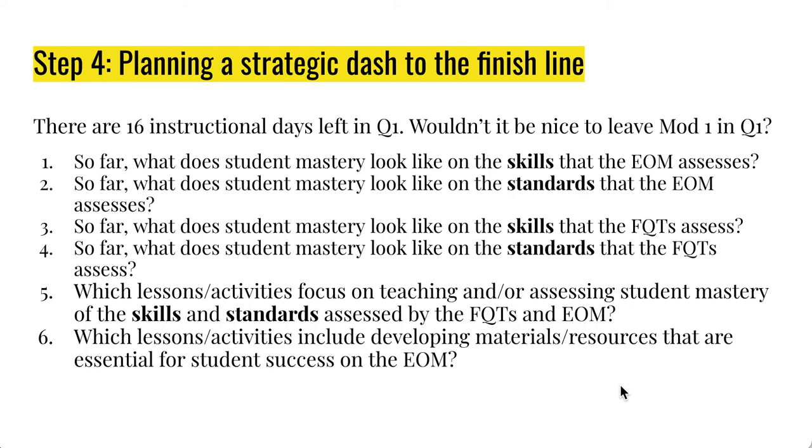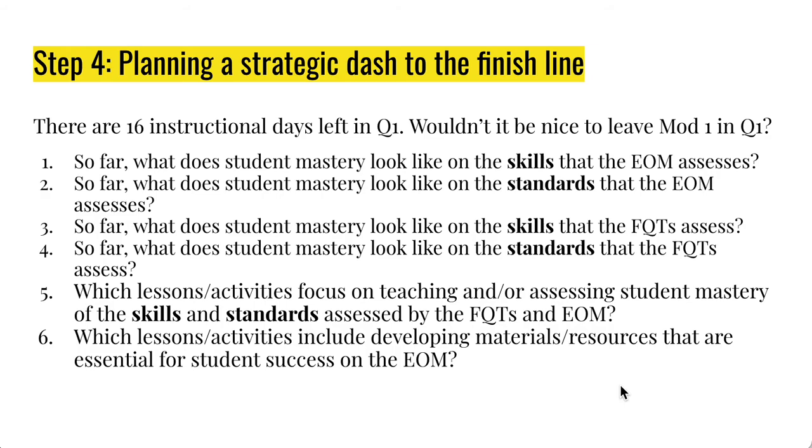And then also, one thing that has happened before, especially when you get down to the wire, which is why we're trying to do this in enough time that it doesn't feel so dire, is teachers can sometimes accidentally overlook an activity because it's dealing with one of the secondary texts or something like that. And then it turns out that that's actually a super important piece of research or data or information gathering that students need to be able to complete their EOM. So again, looking at what do students need, what research do they need to have done, what text do they need to have interacted with in order to be able to do the EOM,